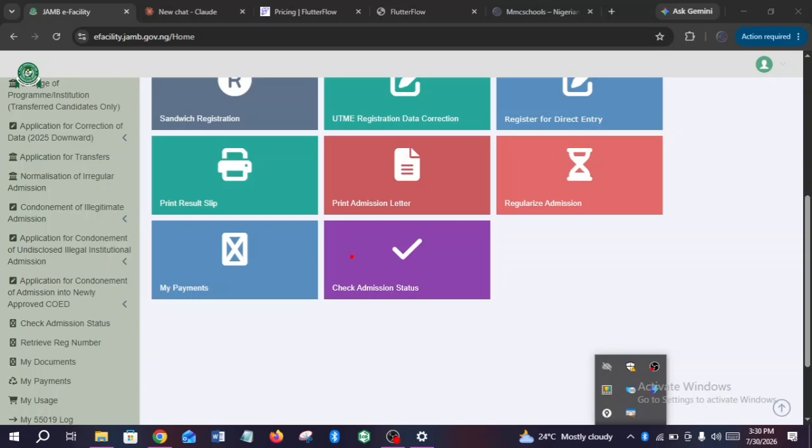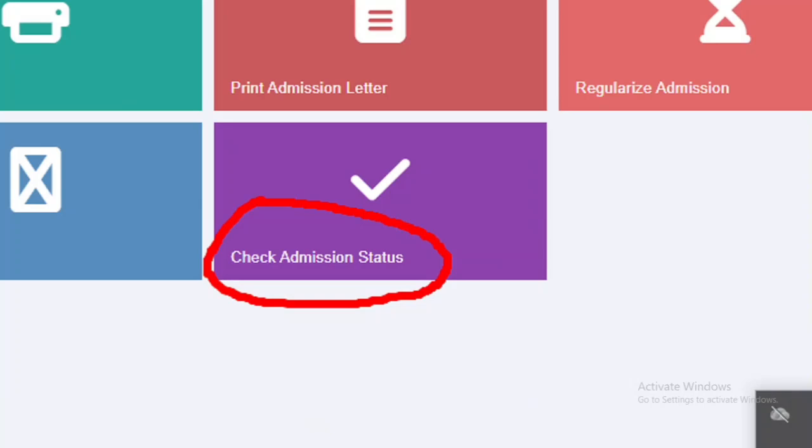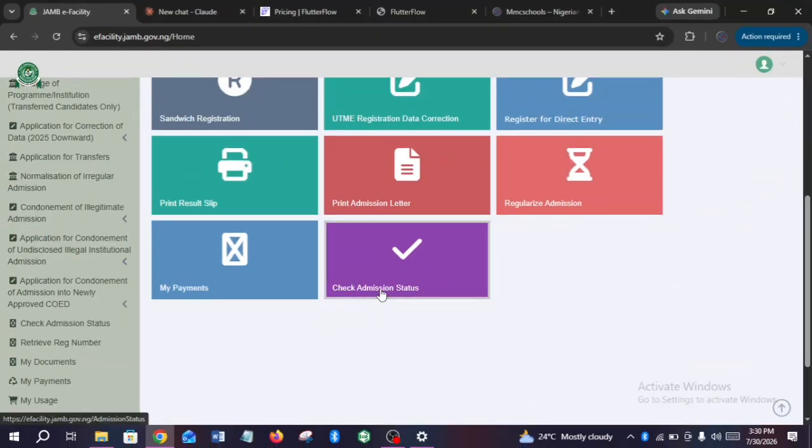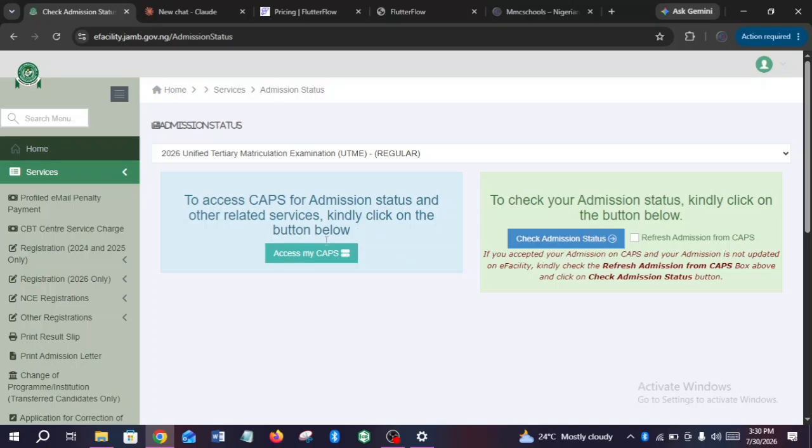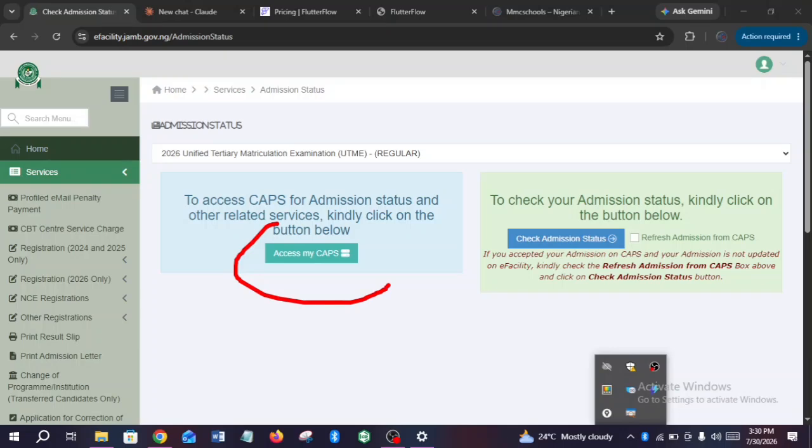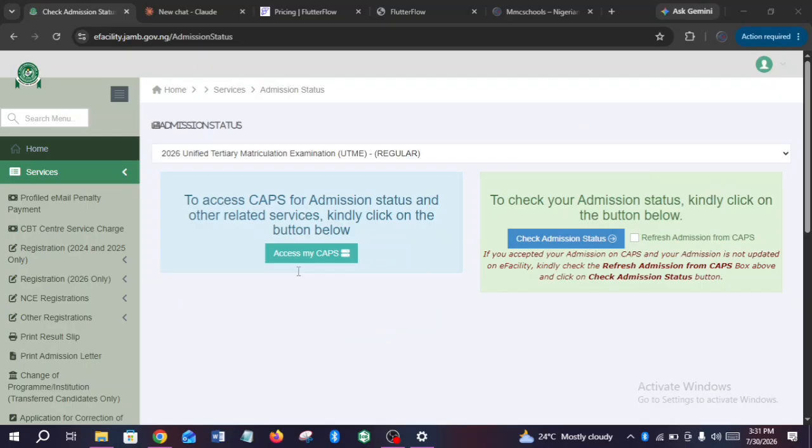So what you need to do, you click on check admission status. Then you click on check admission status. It's loading, and you click on access my CAPS. You click on access my CAPS,